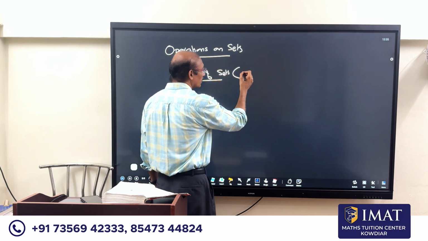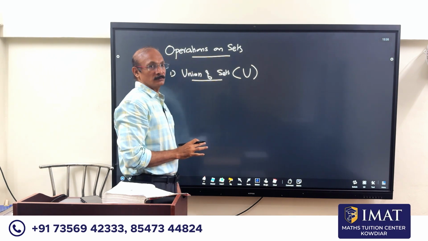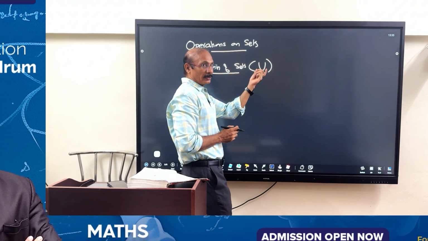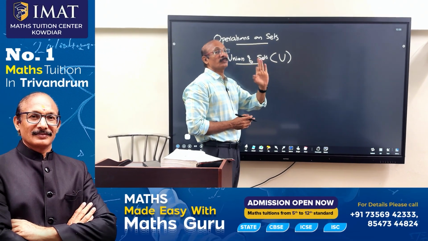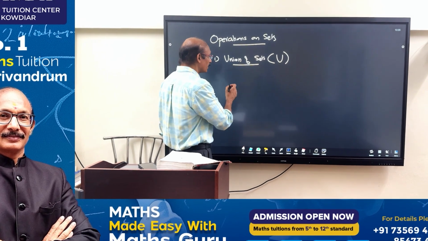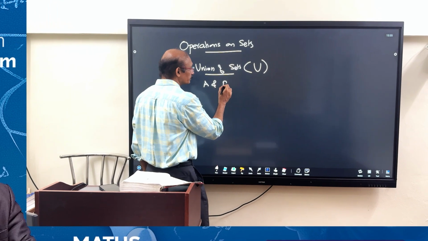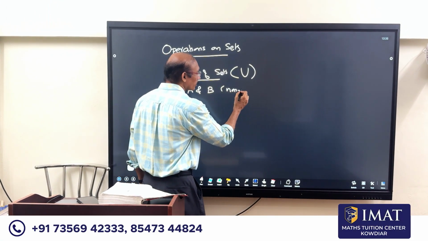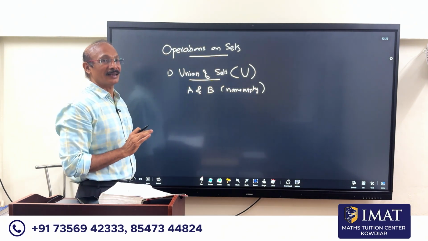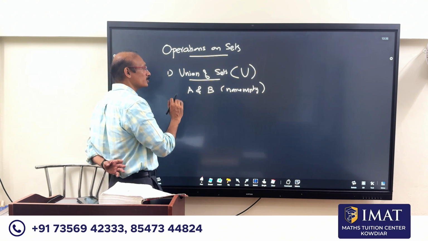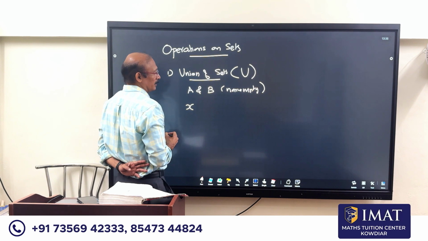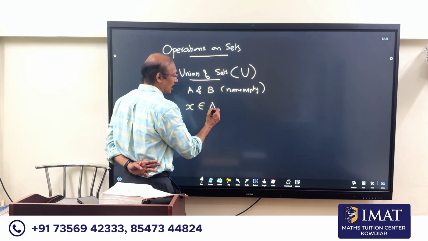The symbol for union, the operator, is ∪. Just like addition, this is a symbol which you are going to see. This is an operator and this stands for union of the sets, say A and B. Now, what is union? Suppose I take two sets A and B and let them be non-empty sets. What do you mean by saying non-empty? There are elements in both the sets. They are not null sets. Okay, so let me take two sets A and B. Suppose I say if an element x